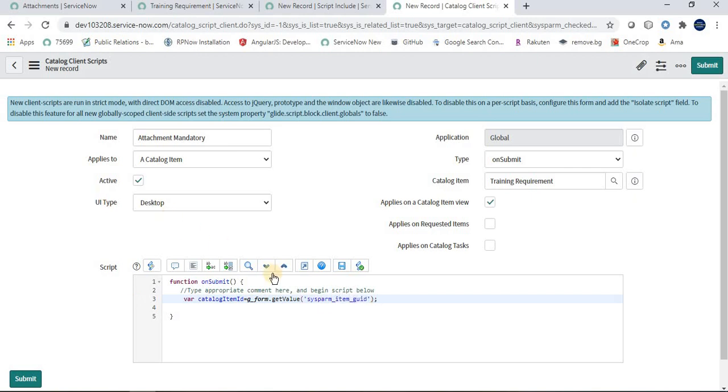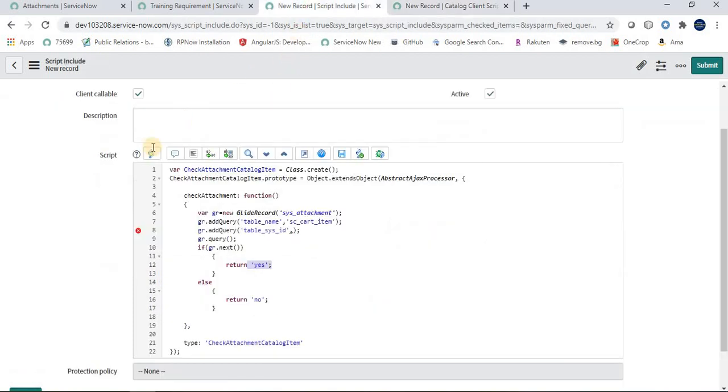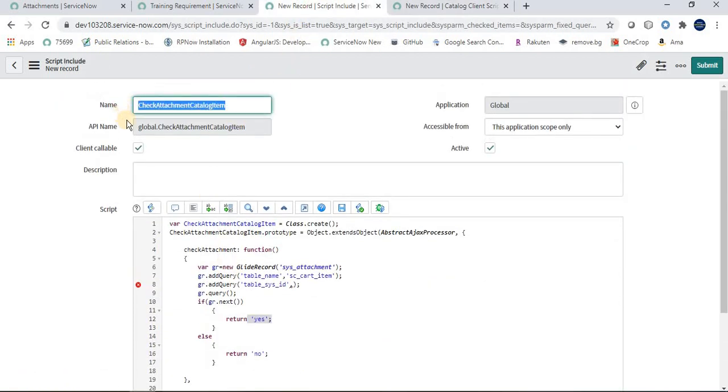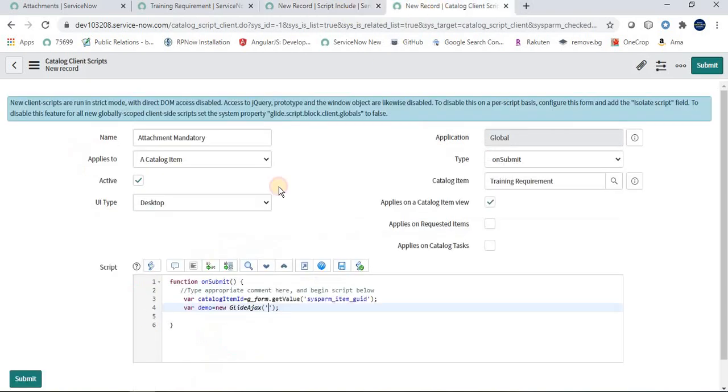This basically provides us the GUID of a catalog item. Now I am saying var demo equals new GlideAjax. Now we have to do a GlideAjax call. In GlideAjax we have to give the script include name, or the class name of the script include. Here we have the script include, that is checkAttachment. So I am giving this name over here, right?